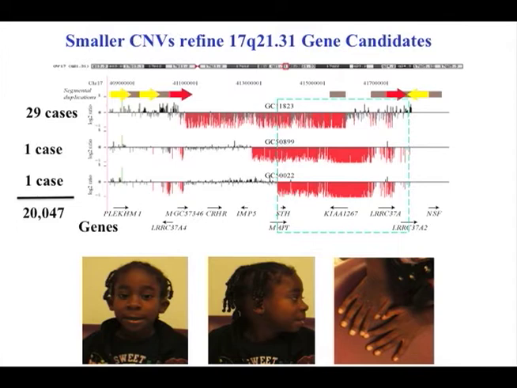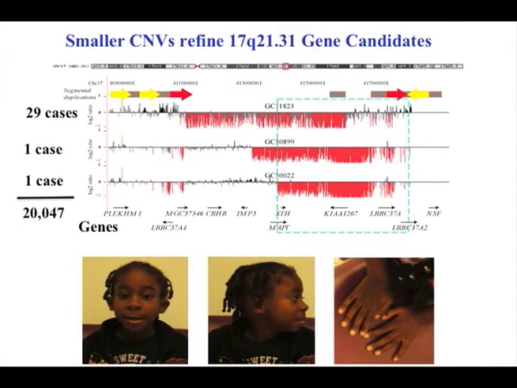We got down to 3 genes, either KANSL1, C17orf..., or LRRC37. And we have a child, this is the child shown here at the very bottom, with this deletion map indicated here, who actually has all the features. The cup-shaped ears, the bulbous nose, the pronounced philtrum, skeletal defects of the hand, just like we saw in the European cases. And she has the atypical deletions. So there's great value to combining the data to actually narrow down critical regions.